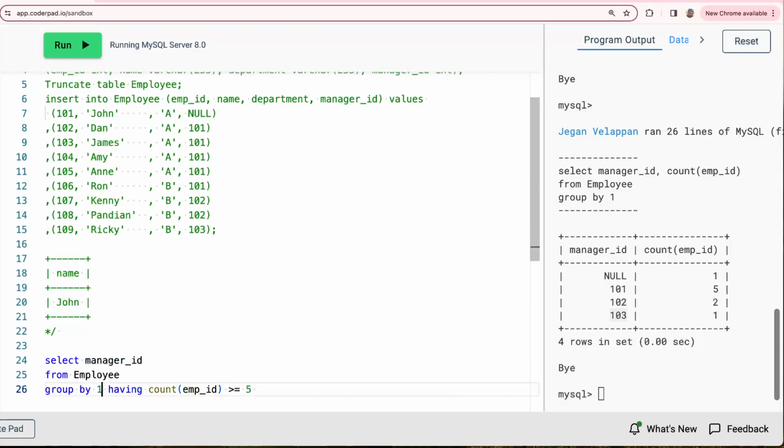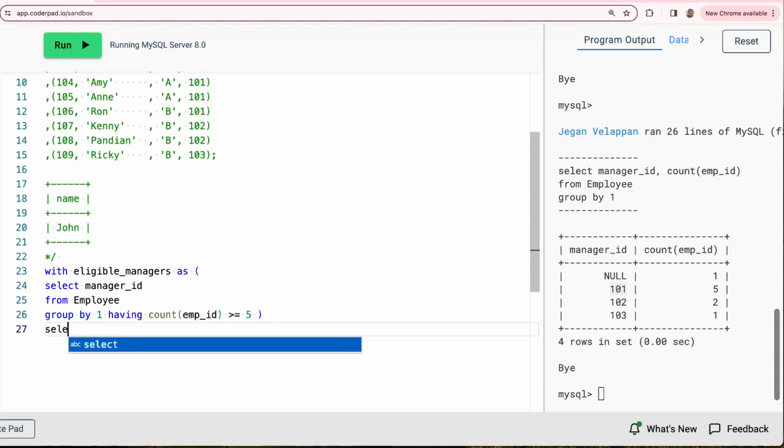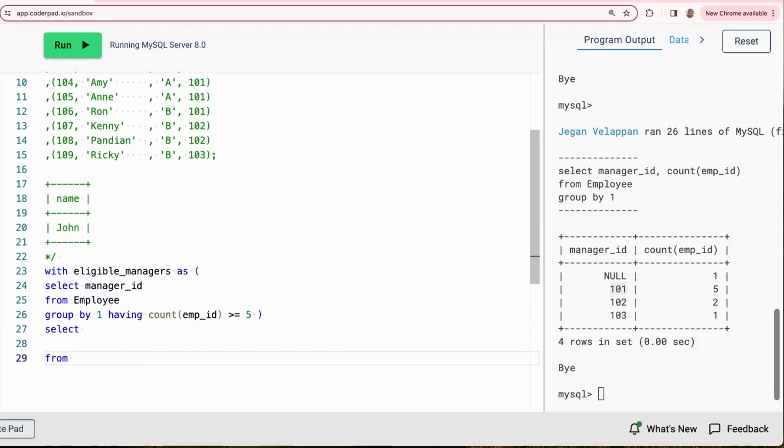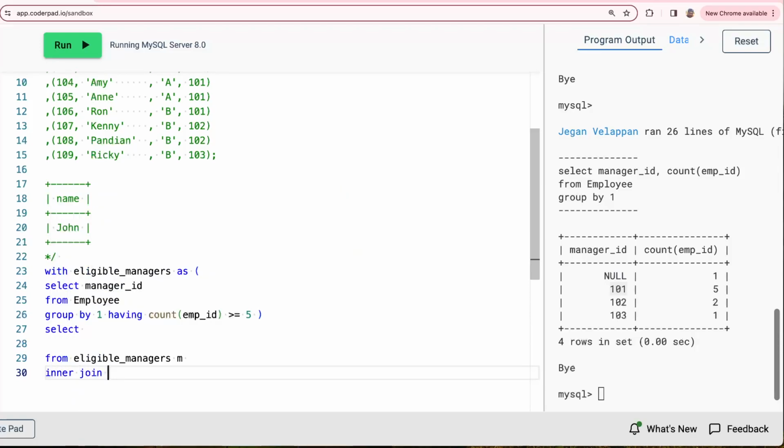Let's have this, but the output is expected to have the name, not the manager ID. So how to do that? Let's start with a CTE, with eligible managers as, so we take this as a temp table. We just say select from eligible managers, inner join